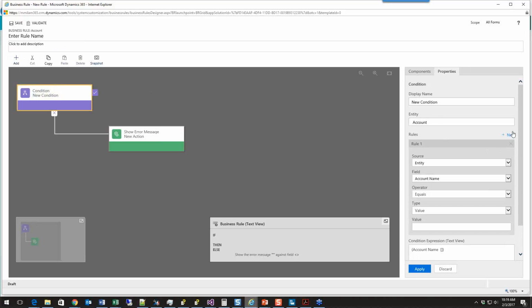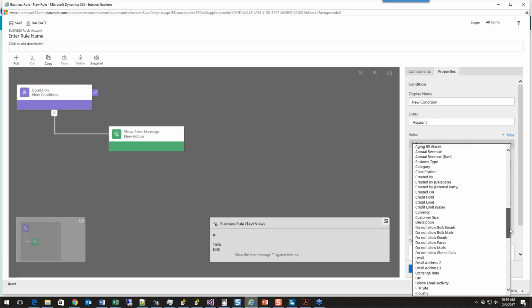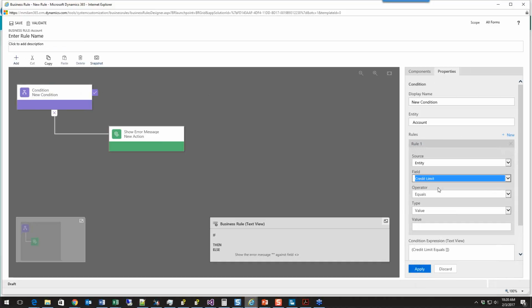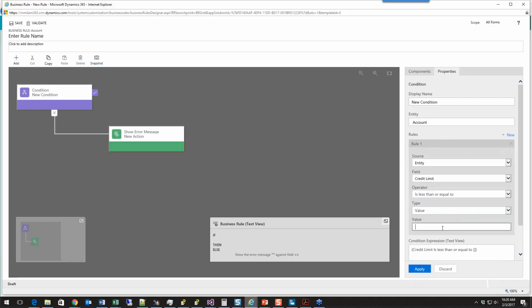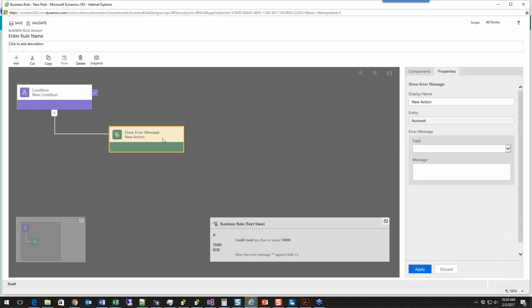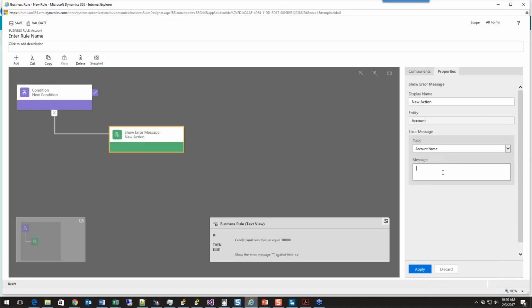I'm going to say if the credit limit is less than 10,000, then I'm going to show an error message on the account name field that says